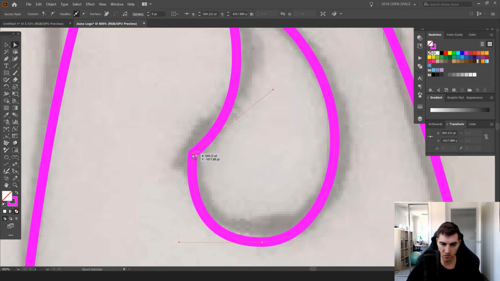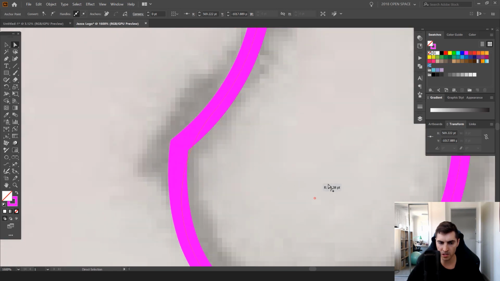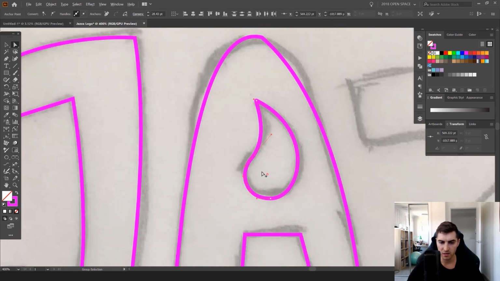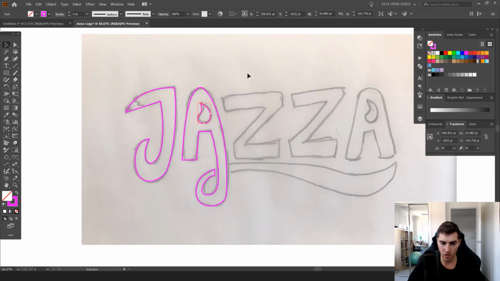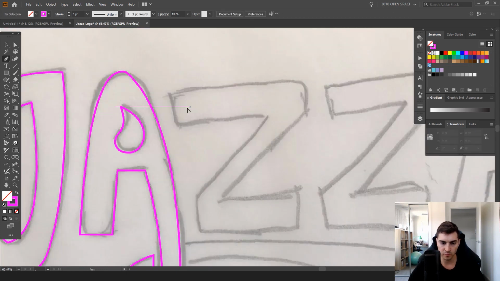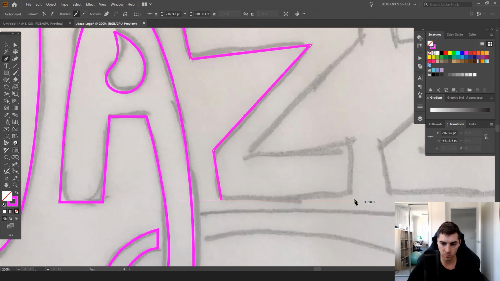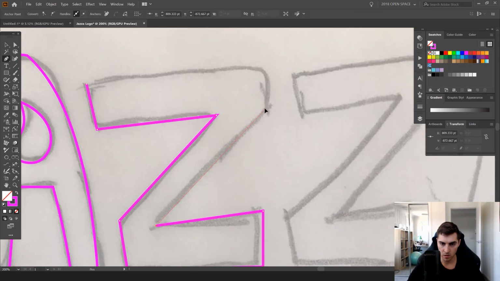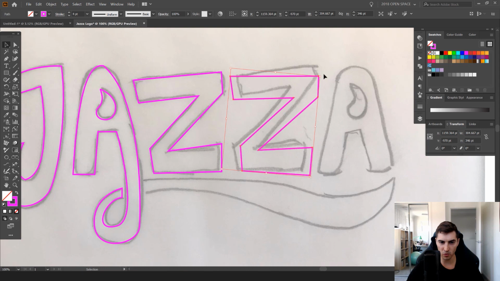And we can round this off. If you have an anchor point on the corner and it's sharp, you'll get this little white circle pop up, and then you can just left click and drag, and it rounds it off, which is pretty cool. And I can customize that, make it a bit more juicy, a bit thicker. I'll create the Z as well. Super quick with the pen tool, and I can just duplicate the Z, which is sweet, and I can rotate it if I want,